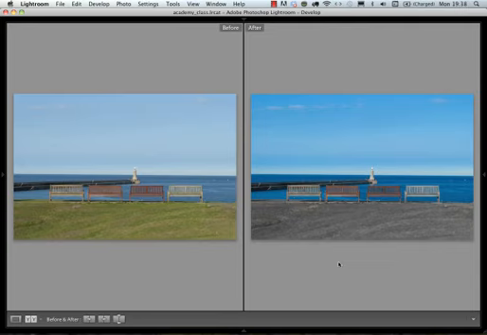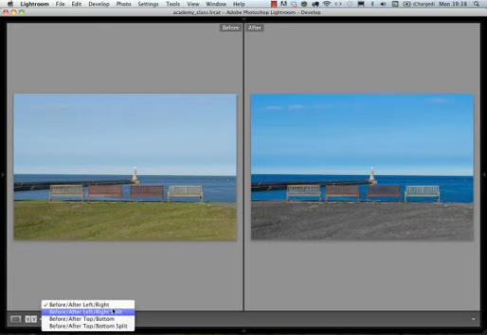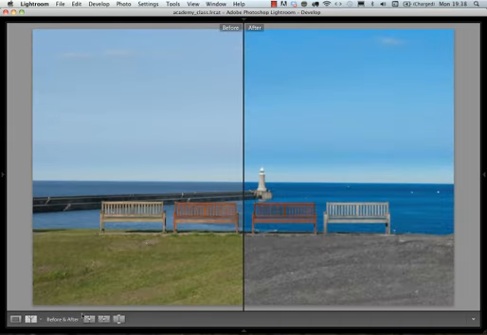But there is also another way to see before and after in Lightroom. You can click on this little icon here and choose these four different options. I just go away to make sure you see it. So these are the options that we have, and I will go through them quickly. This is one of my favorites, before and after left-right split. That means we see the change